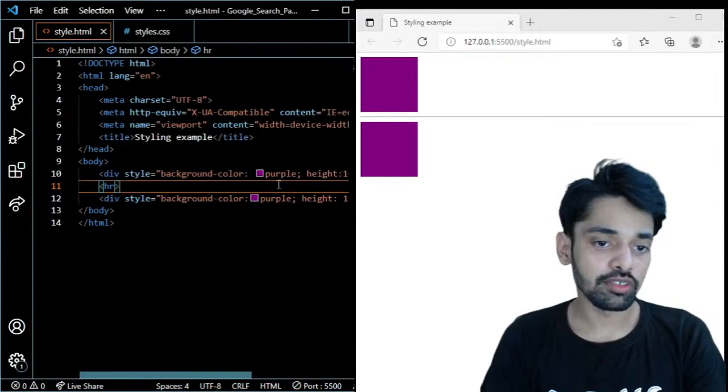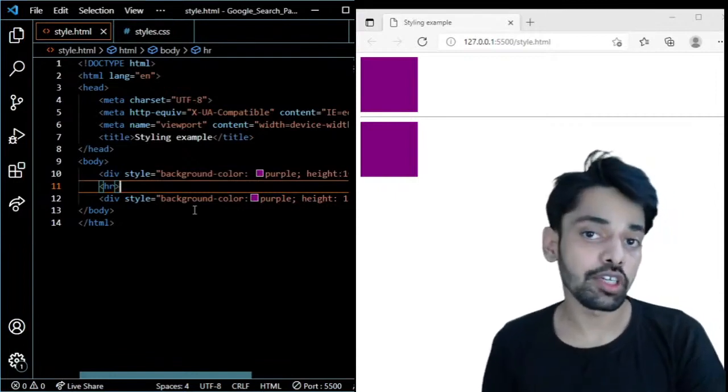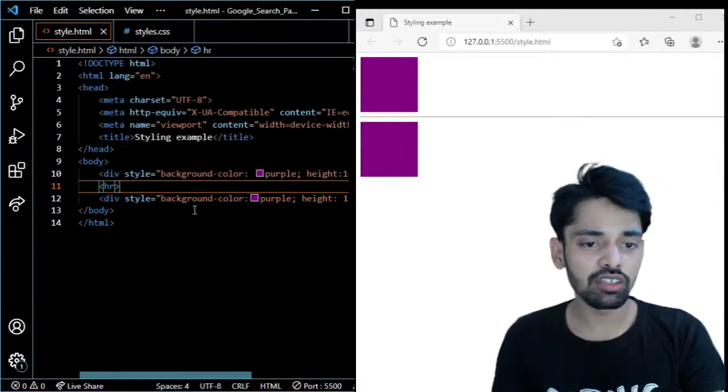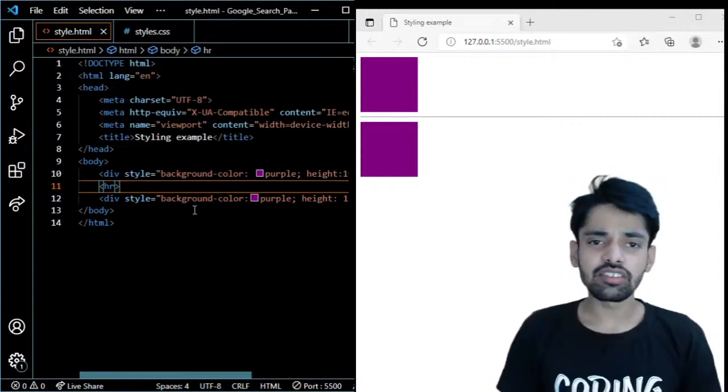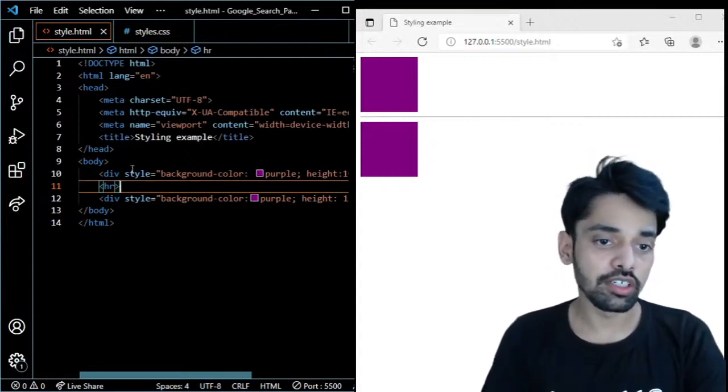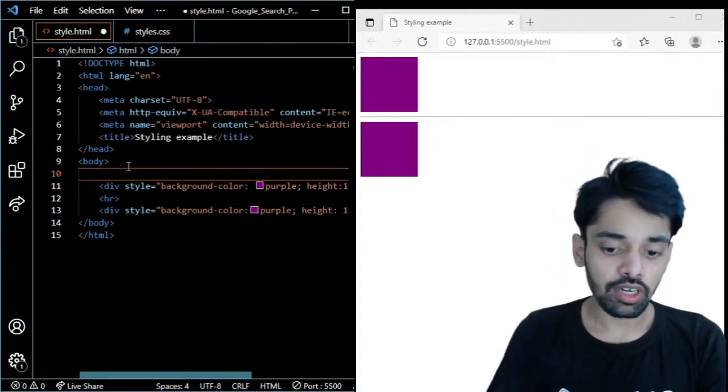Now what if you want to do an internal styling to it? And you don't want it to be written two times, because it's the same style. Then why are we using the style two times? So let us just do it with the internal one. What I'm going to do is add a style tag over here.